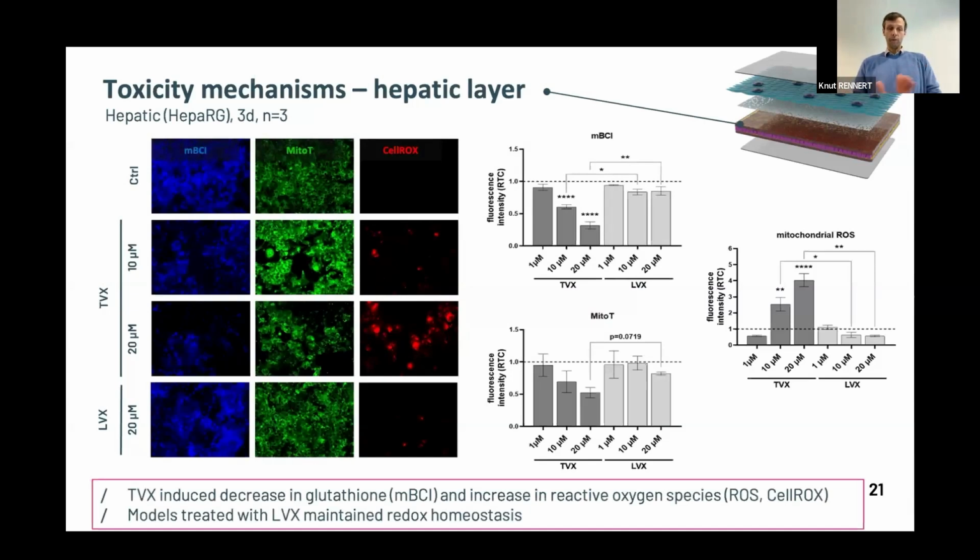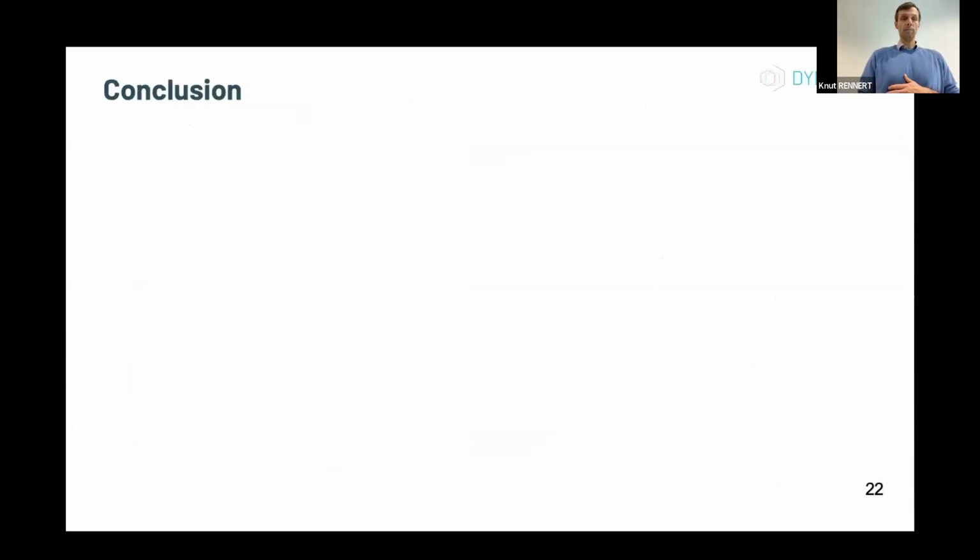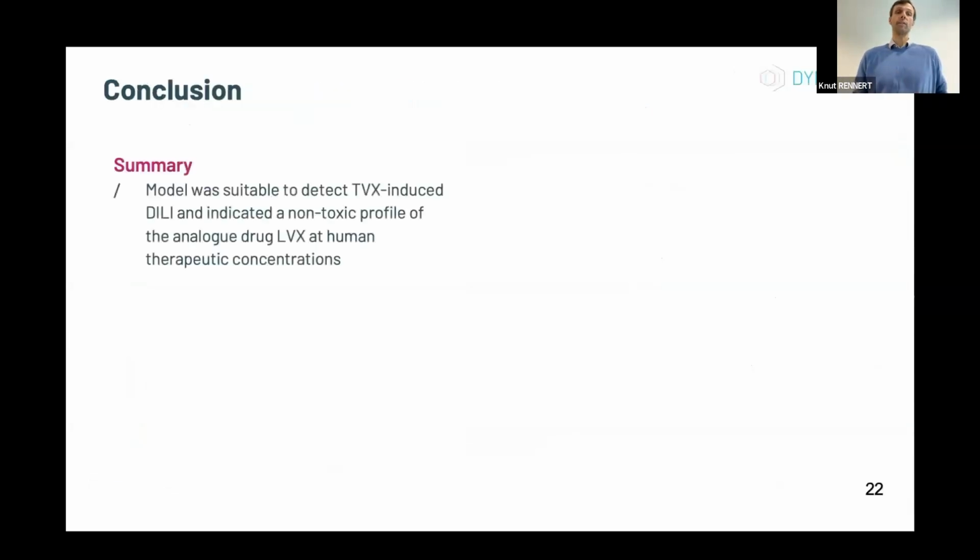So this means trovafloxacin induced the decrease of the glutathione and an increase in the ROS release, but levofloxacin maintains the redox status of our liver model. In the end, we can say that this liver-on-chip model with HepaRG was suitable to detect the trovafloxacin-induced drug-induced liver injury, and also that it indicated a non-toxic profile for the non-toxic analog levofloxacin at human therapeutic